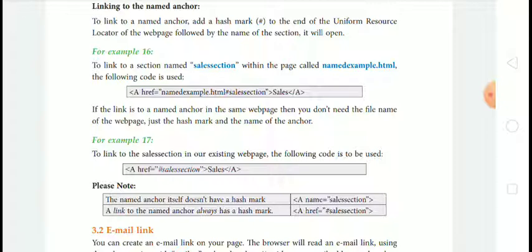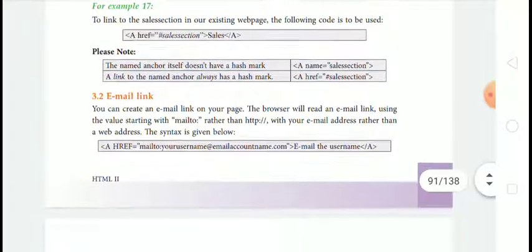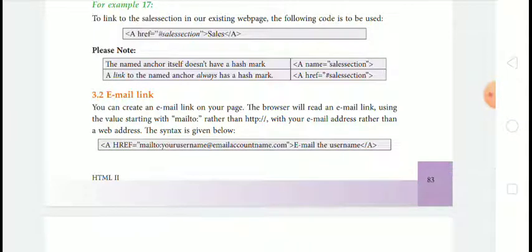If the link is to a named anchor in the same web page, then you don't need the file name of the web page, just the hash mark and the name of the anchor. Next, to link to the cells section in our existing web page, you can write the code a href equal to #cells section, then cells.